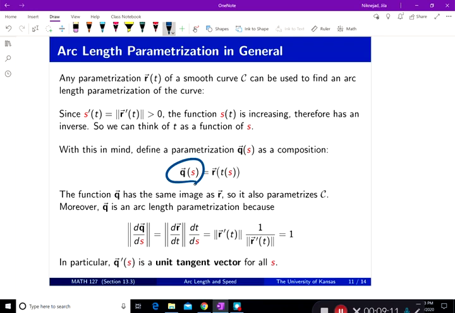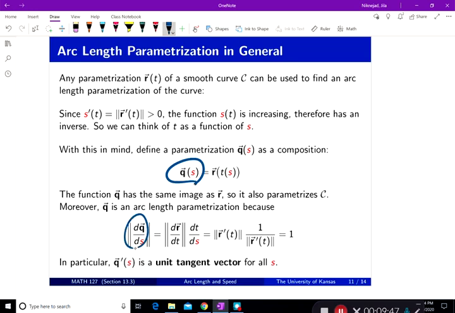Then the function q, the vector valued function q, has the same image as r, and parameterizes C as well. Another quality of q is that if you want to find the magnitude of the derivative of the parameterization q with respect to s, then by chain rule you will have